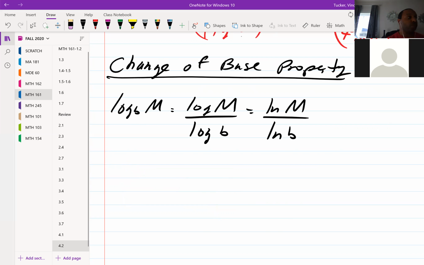And so this will help you to calculate a log that has a base other than 10 or e. So we can use either the common log of M over the common log of B. Notice your base is in the denominator. No matter what relationship you use, your base is in the denominator, and then the other numbers in your numerator. So common log of M over the common log of B, or the natural log of M over the natural log of B will still give you the same result. So we'll look at how that works. So let's say if the direction said find